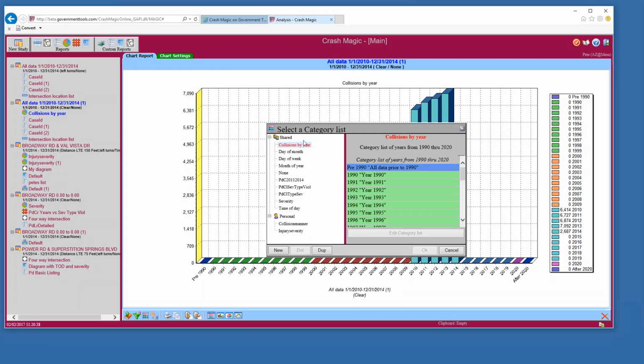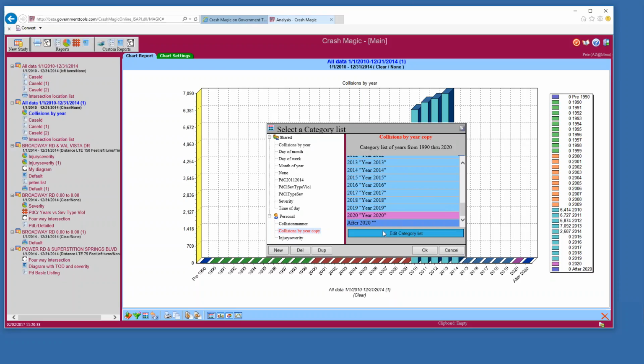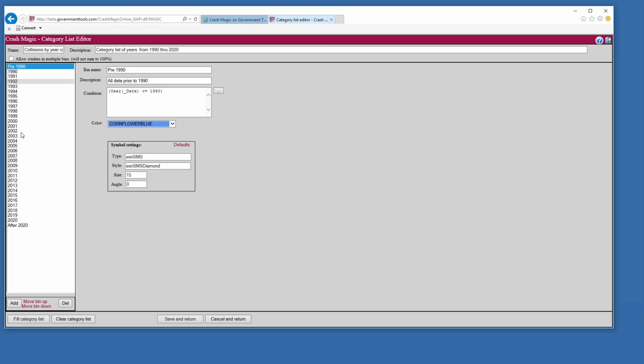So I'd go into the category list, and this category list is actually a shared and not editable one. So I would just duplicate that. So I'll take my collision by years copy. You could go in here, edit this category list, and when it comes back, delete the years that you don't want. I'm not sure that that's what you'd actually want to do. You would do this obviously with a copy. That's why we won't even let you modify the main one. But you could delete